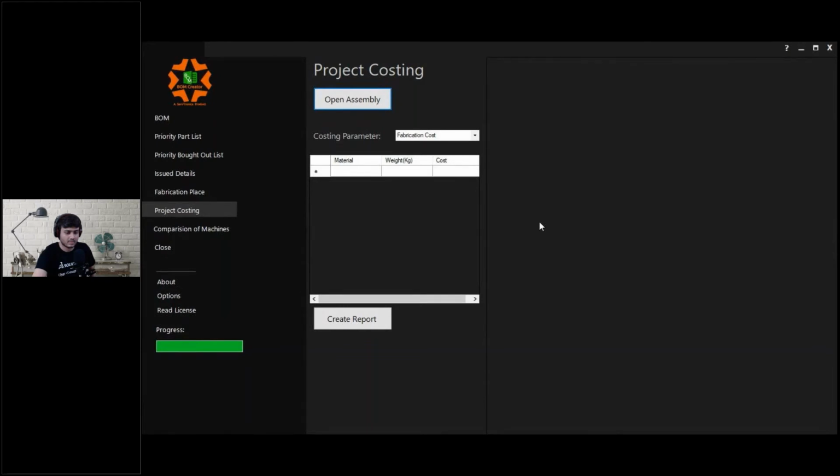So based on the size of the assembly, it takes a little bit of time. Now, fabrication cost basically covers the material, operation and the handling charges. Engineering cost basically covers the design engineers, the design engineering hours, right? Every project, every designer is supposed to deliver the project in a certain set of time, right?